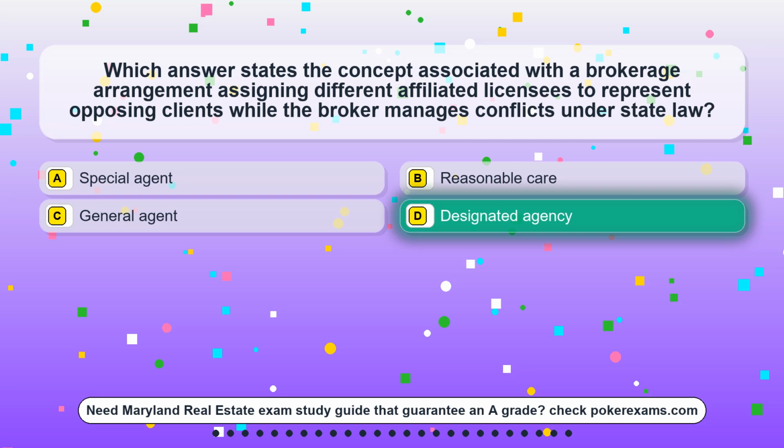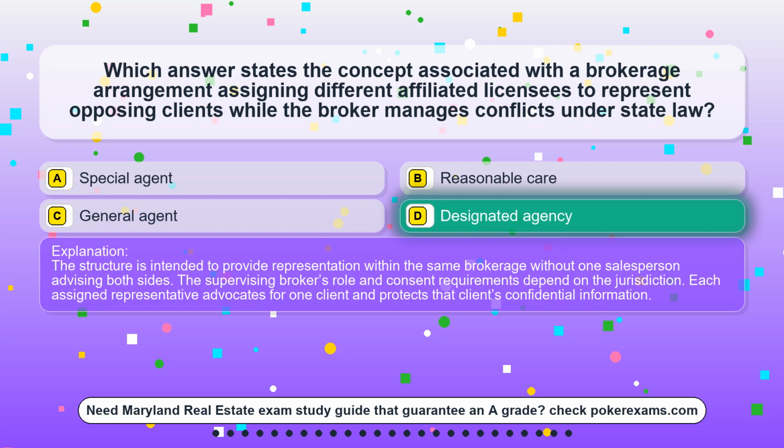The correct answer is option D, Designated Agency. State governments may not draw arbitrary or unjustified distinctions among people who are similarly situated. Courts examine the classification, the government's purpose, and the level of scrutiny required by the type of distinction. The guarantee promotes legal equality without promising identical outcomes in every circumstance. During review, connect the facts to the constitutional review of unequal treatment by state government and compare it with other